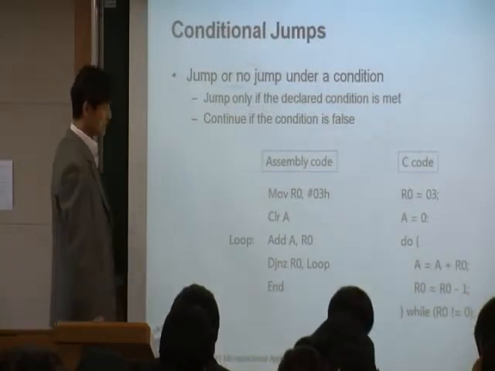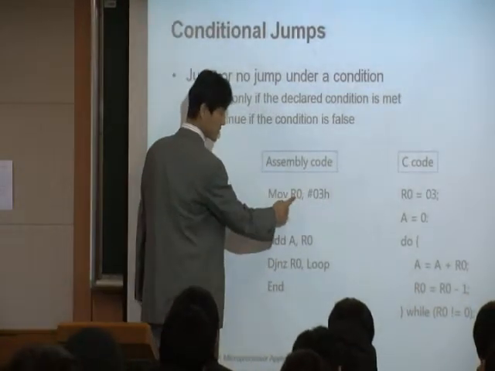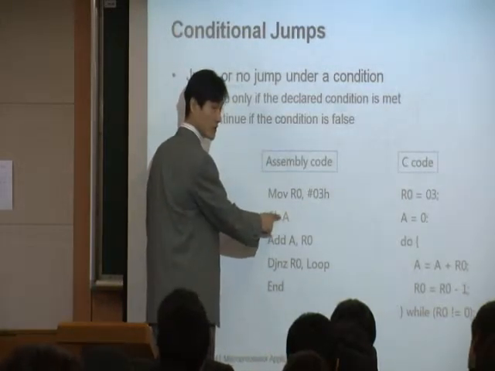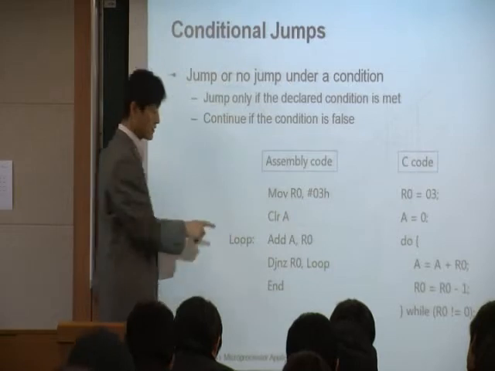This is one example. Let's see, you copy the 03 into R0. And let's clear value in accumulator. Actually, by the way,